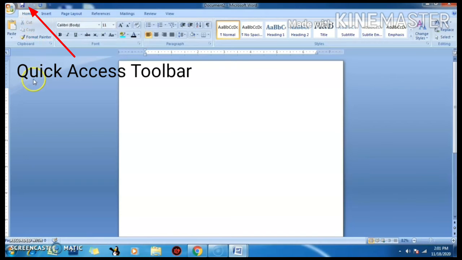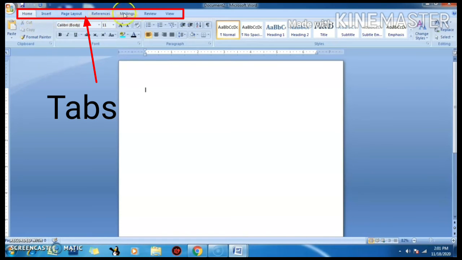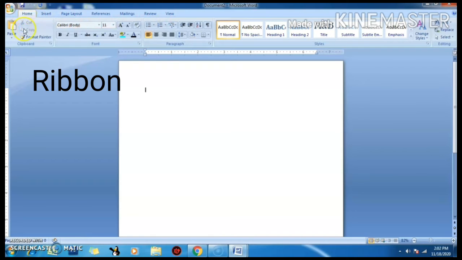The next is tabs. Here you can see tabs, which contain 8 tabs, which are the File, Home, Insert, Page Layout, Reference, Mailings, Review and View. So every tab has a separate ribbon.